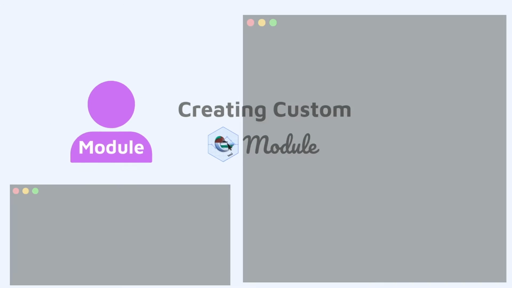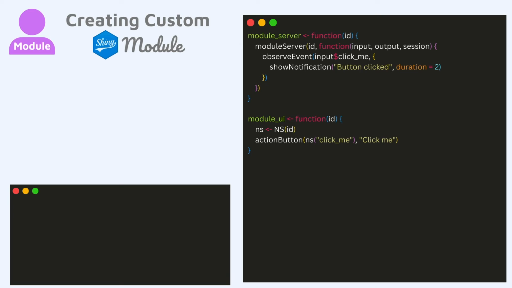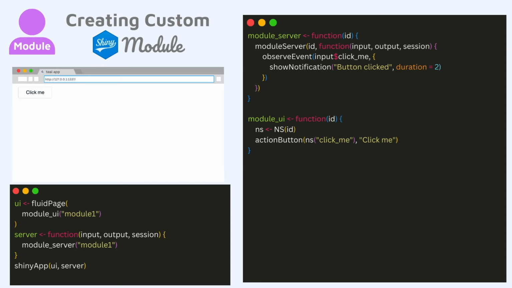Let's dive into creating a custom module as a module developer. Before that, let's see how Shiny modules are created. Shiny modules allow us to create reusable UI and server logic using R functions. Here's an example of a simple Shiny module. To create a Shiny app using this module, we just have to call these functions in the UI and server respectively. When we run this Shiny app, we get a simple Shiny app with an action button that shows a